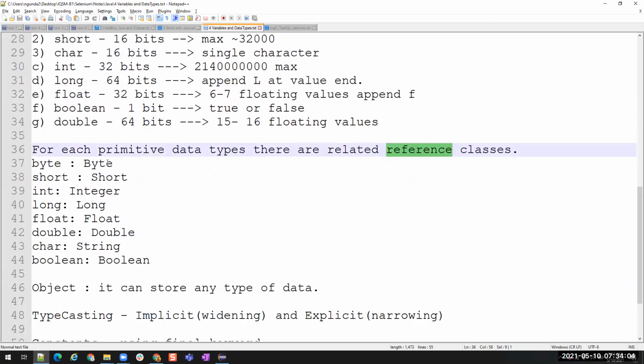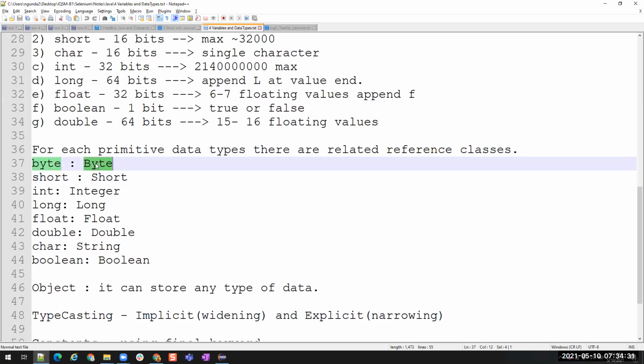Reference classes look like this. For byte, it is Byte, but with an uppercase letter B. We already discussed that Java is case sensitive. Lowercase and uppercase letters are different. The lowercase letter represents a data type, whereas starting with uppercase represents a class name, right? A class name should start with an uppercase.